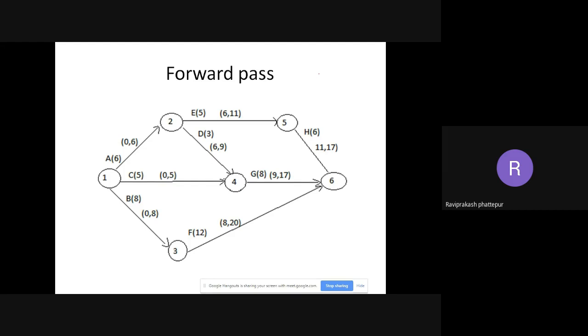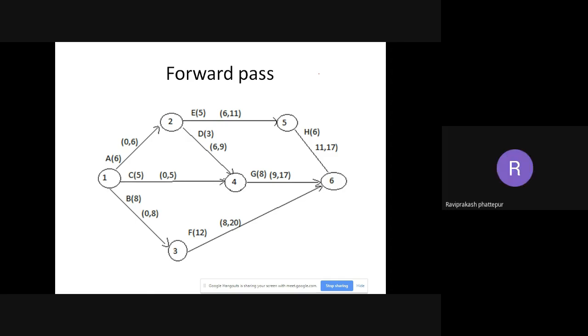Copy fast and tell me once you finish. Sir,